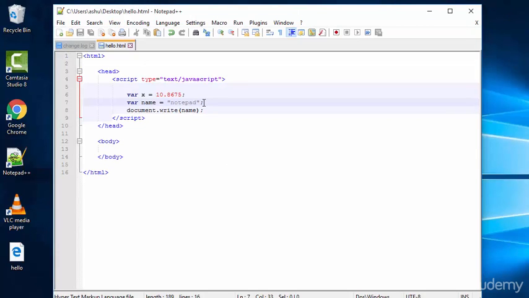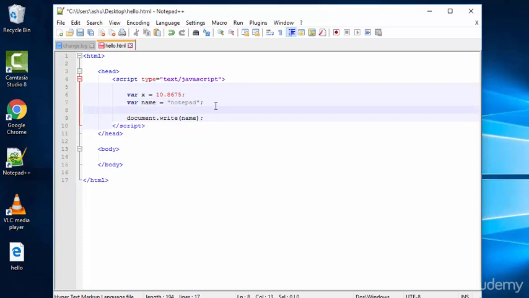Also, there is a third type of variable which you could use, and that is called a boolean variable. In order to create a boolean variable, you simply type var, which is the variable keyword, and let's use another variable name, let's say y. You could assign a boolean variable two kinds of values. The first kind of value which you could assign is true, and the second is false. So at a single time, a boolean variable could either be true or it could be false.